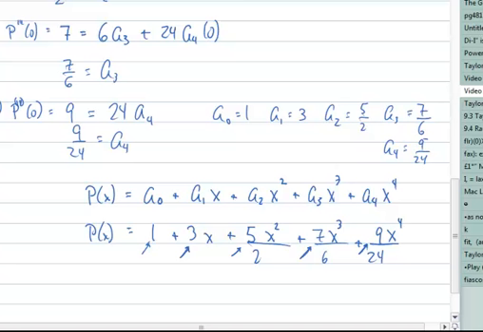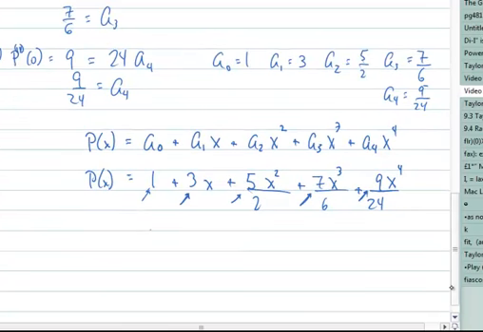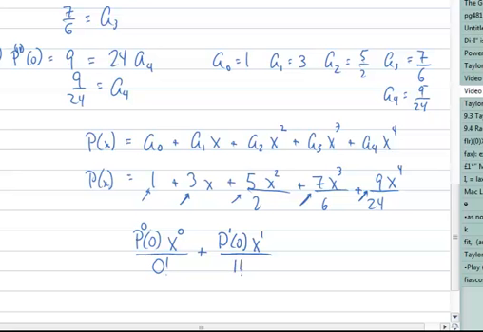And the other thing that's interesting is, because of the nature of taking a derivative of a string of polynomials, we get in the denominator, if you notice, I can rewrite this where I'll have the function's value at 0 times x to the 0 over 0 factorial, since this is the zeroth derivative, which would be the function, plus the next term would be the first derivative at 0 times x to the first over 1 factorial, plus the next term would be the second derivative, which was 5 at 0, x squared